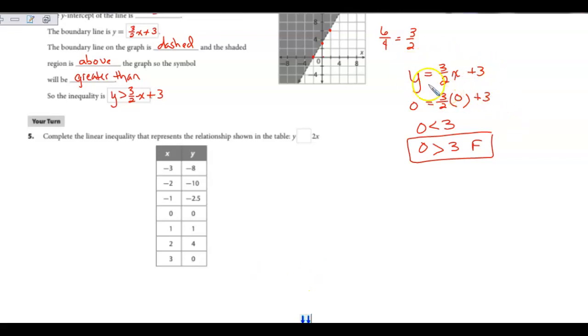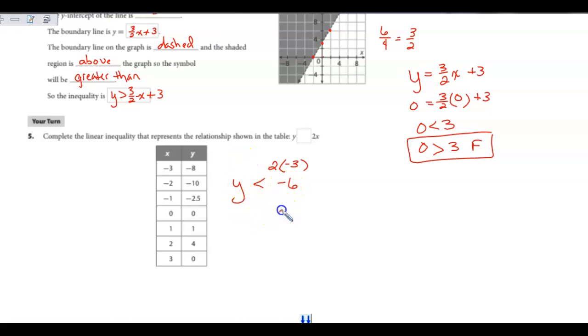So just like we tested up here, we're going to test some of these. We do know it's 2x, so it's going to be 2 times whatever x is. So if x is negative 3, this is going to be negative 6. And so y would have to be